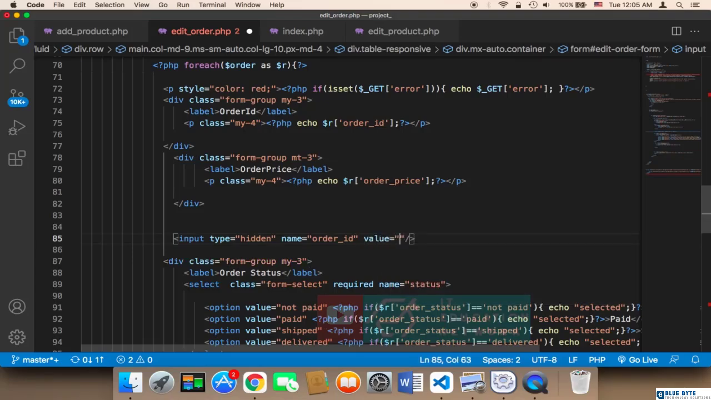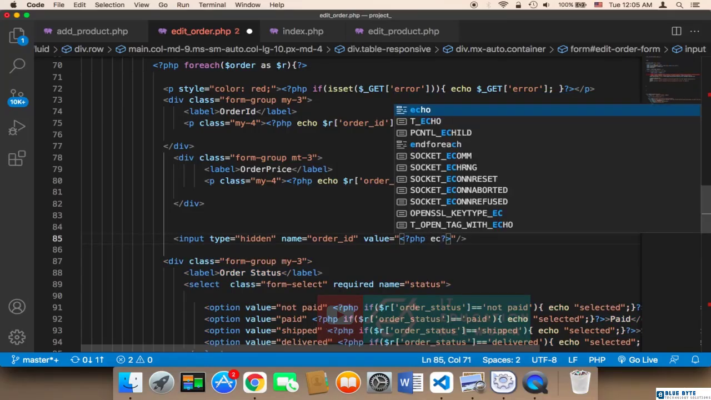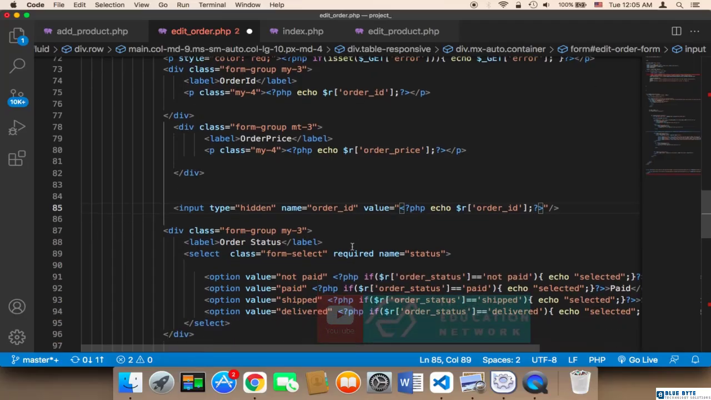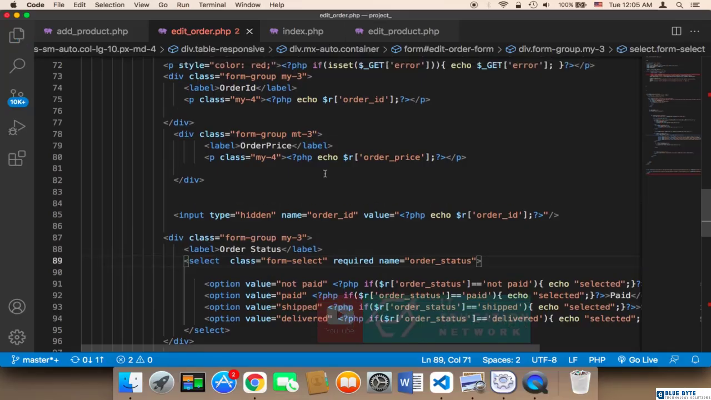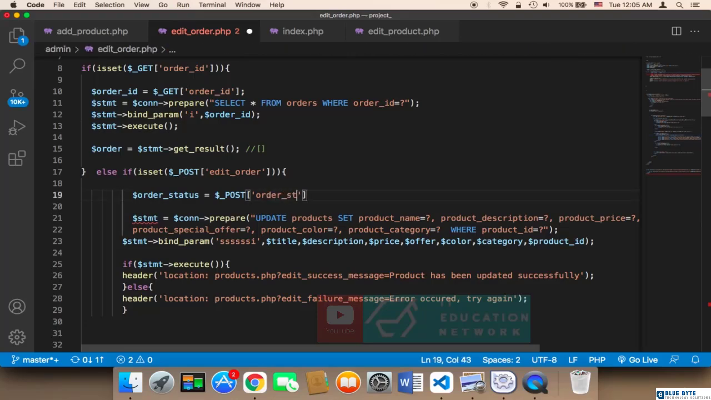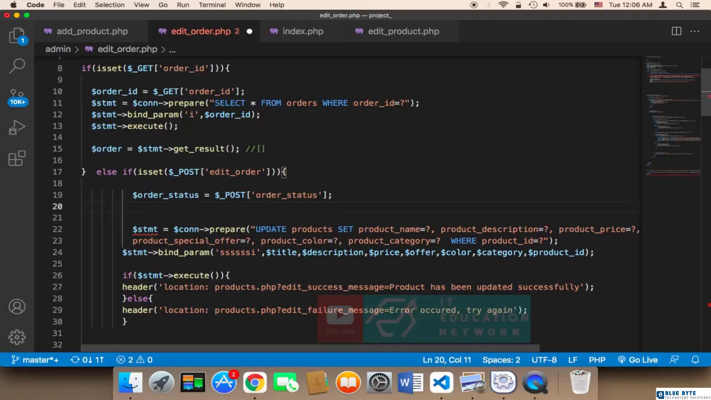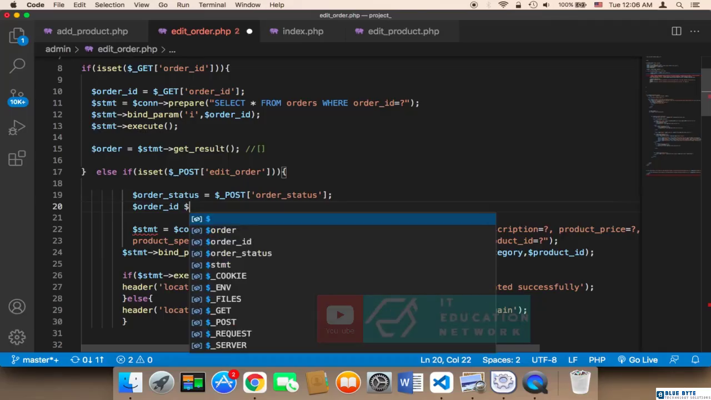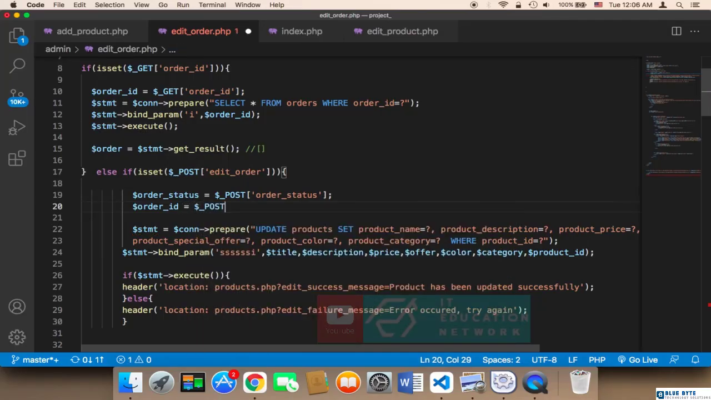is equal to PHP, and then echo order ID, order_ID. And in order not to confuse you, I'm going to say here the name is order status instead of status, just order status. So at the top now, what we need to do is we need to say order_status, and then order ID, order_ID, and then post is equal to post order ID,